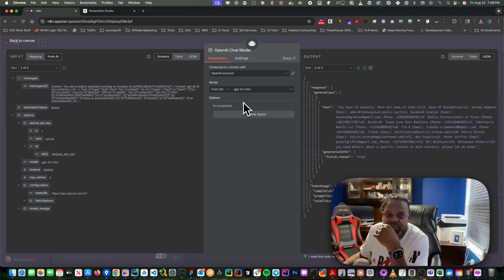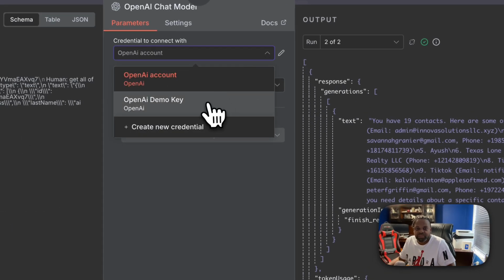And I'm using GPT-4.1 mini. That's probably the cheapest one right now. And if you don't have it, you have to add your credentials, your API key. So if you don't have this, all you have to do is go to